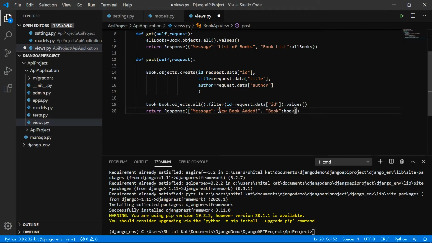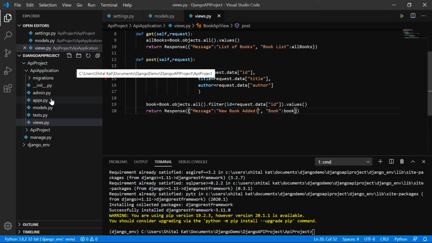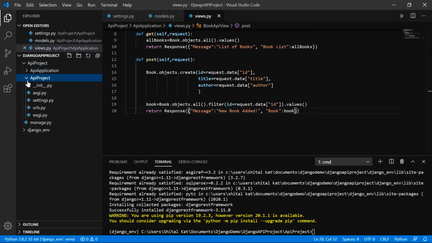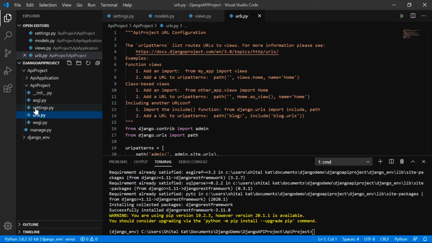Okay, we are done with our post method. Django will be doing database connectivity and SQL stuff for us. Now we will go to the urls.py and tell Django, whenever I call localhost/book, the book API view should get called.